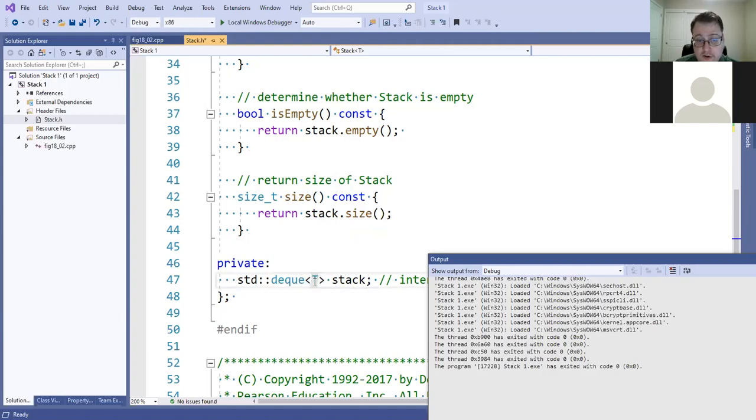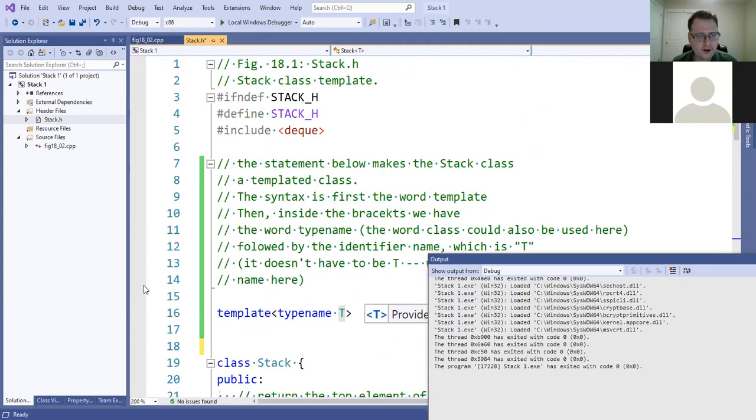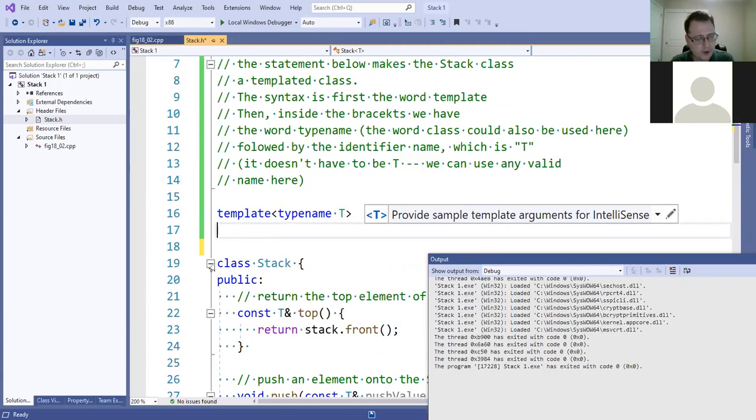And again, because this is a templated class, T is what we use here, but T is going to be filled in or stenciled in, so to speak, when we create an actual object, right? Meaning an object of the stack class. So that's the basic idea. Again, it's not a long class, right? But it is showing the basic idea of what it means to implement and how to think about a templated